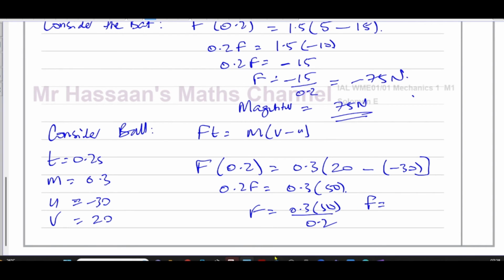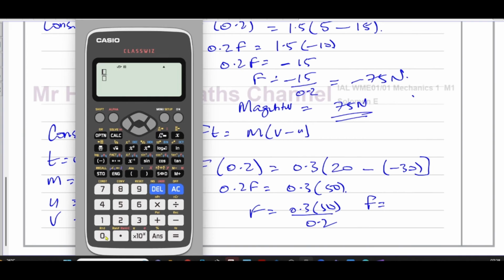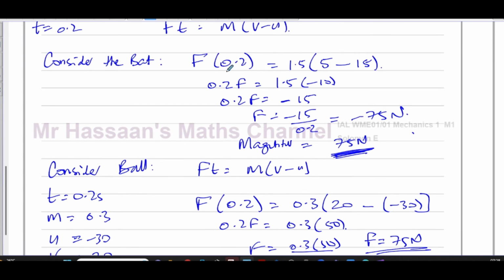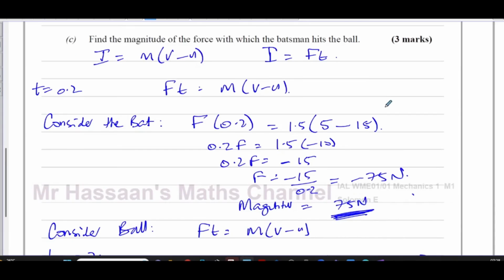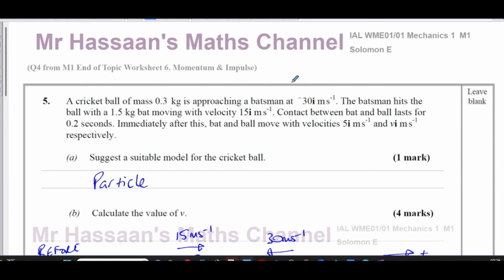So F is equal to 0.3 times 50 divided by 0.2, which gives you 75, of course, 75 newtons. So we can see that it's the same answer. It doesn't matter whether you consider the ball or the bat to find that force, because the impulse on the bat and the ball is the same magnitude but in opposite directions. Okay, so there's the answer to this question. Okay, from the Solomon E paper, question number 5 and 4 from my end of topic worksheet,